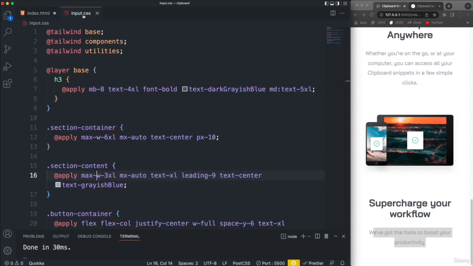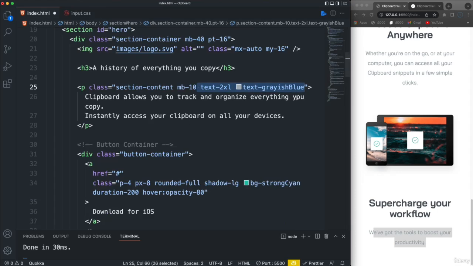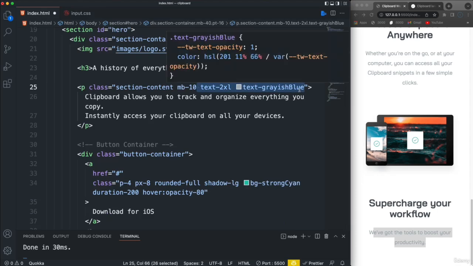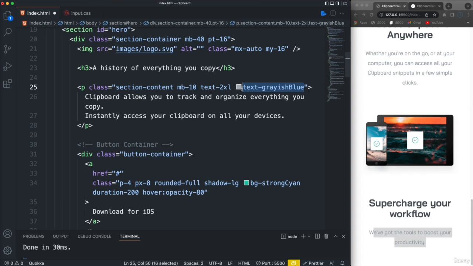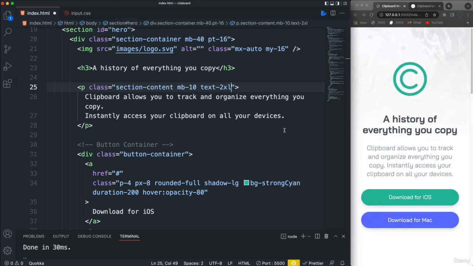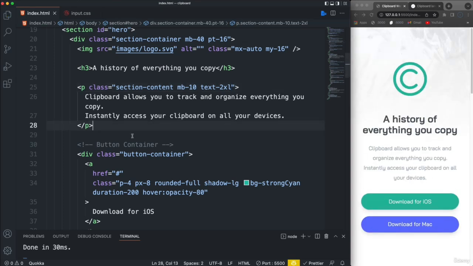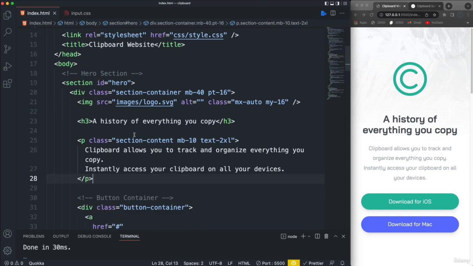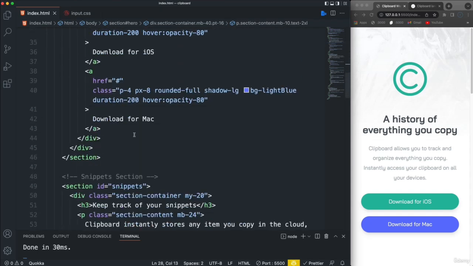wait a minute, is the text the same? Is it 2XL? No, this one is actually text XL. So what we could do is still use it, but just leave the 2XL on there. So let's see, that's going to be this. So let's save it, and yeah, it's the same. Good. All right, so